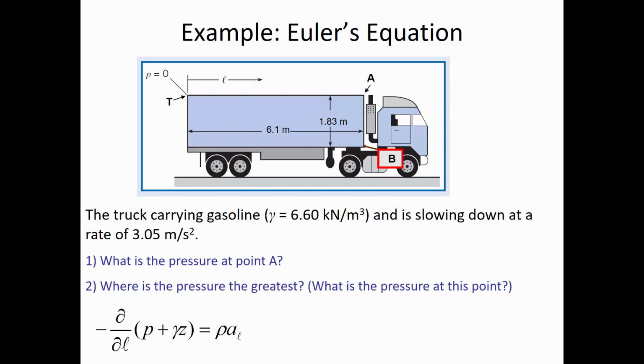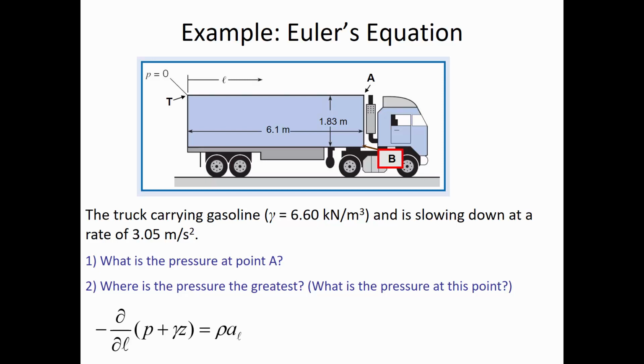So it's going to be the 12,517 plus 1.83 meters of this gasoline. So the vertical dimension there, 1.83 meters multiplied by 6,600 newtons per meter cubed. So there's going to be an additional 12,078 pascals of pressure having to do with,